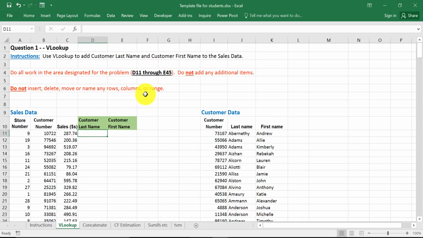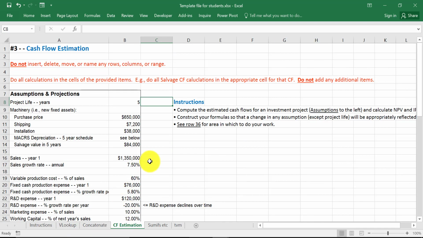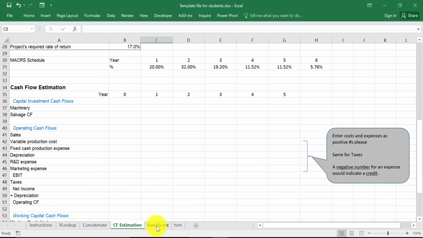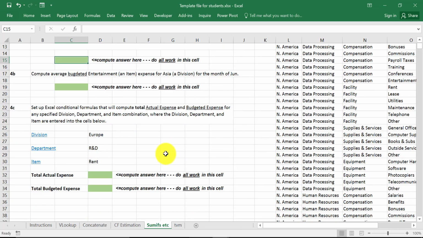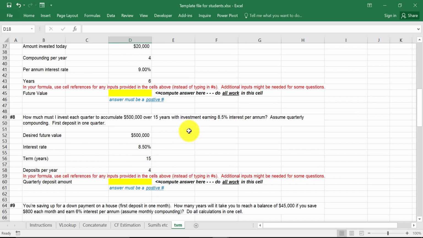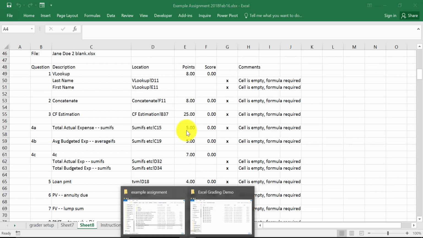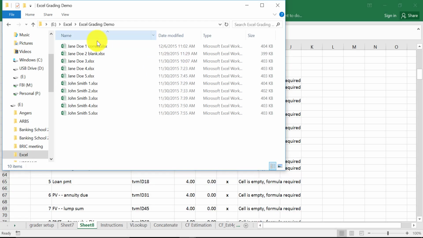So you provide the students a template file. And we've got a mixture here: VLOOKUP, CONCATENATE, a little cash flow estimation problem, some SUMIFS, COUNTIFS, time value of money problems. And so imagining that, and we'll go ahead and close this, that we have all the files. Actually, here's the files to be graded. They're in a single folder,